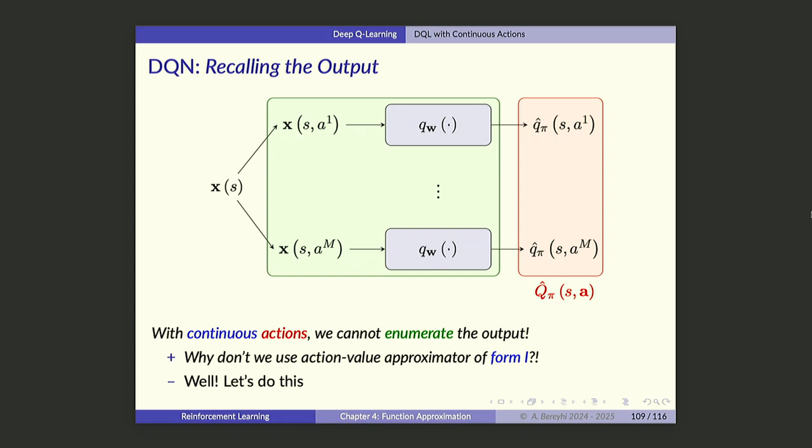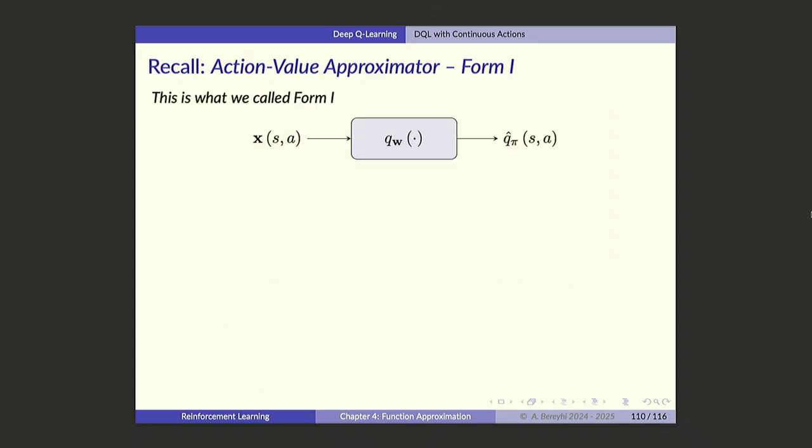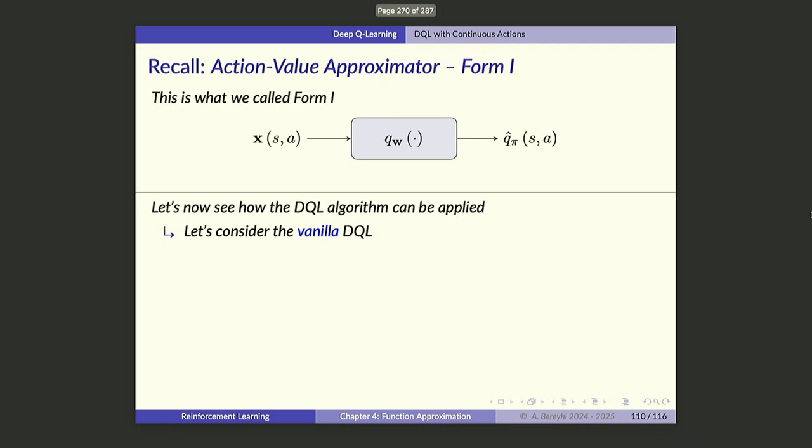You might ask me why shouldn't we just think about one neural network? We give it the state and action as input, and it gives us the value of a state and action. That sounds feasible. Not this one, but that one sounds feasible. What do I mean? I mean that I have my Q network to be of this form. This is the representation of my state and action, and now tell me what is the value for this state and action. That one is feasible because this has only one output.